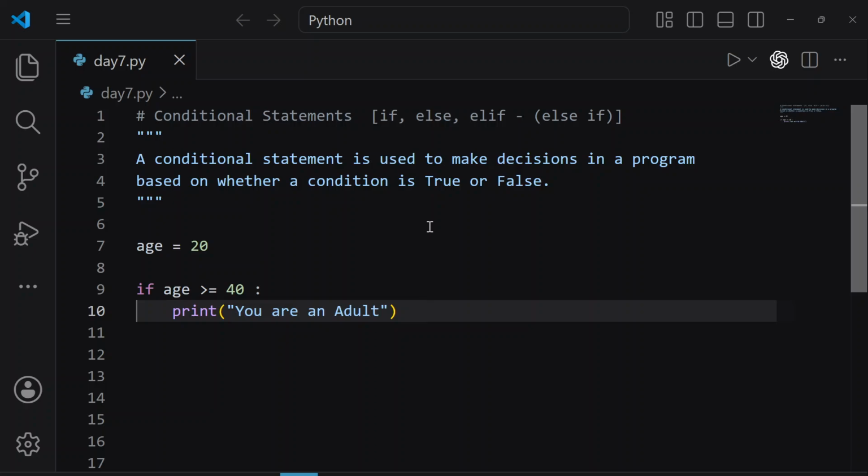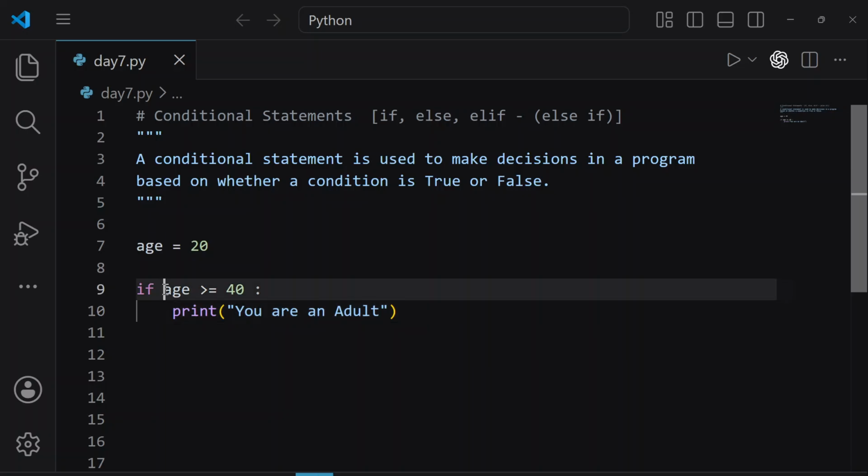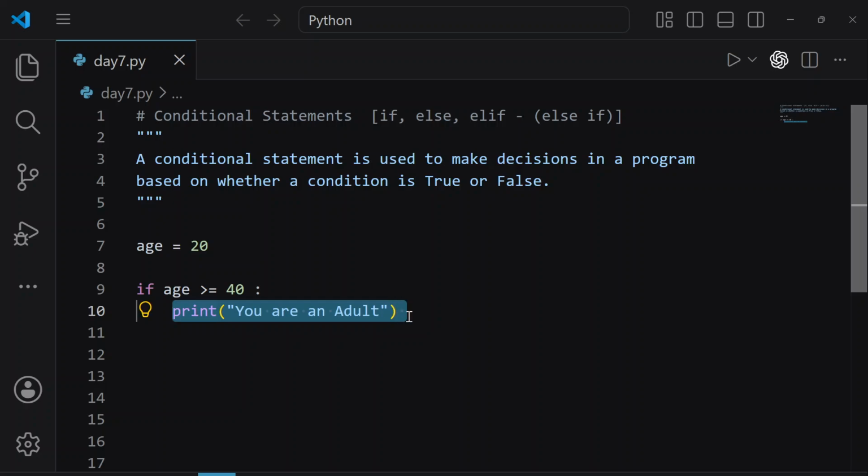Okay, so this was the first keyword that we used to create a conditional statement. Now let's see this second keyword, else. Just as we saw, if the condition was false, Python just skipped this and printed nothing, and our terminal was empty. So sometimes we also want Python to do something even when the condition is false,